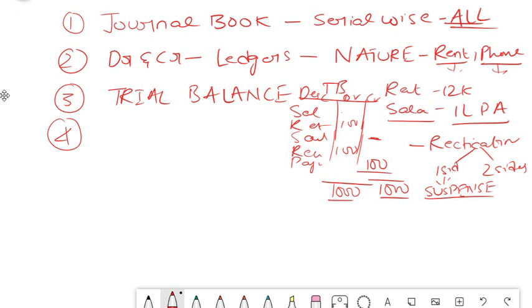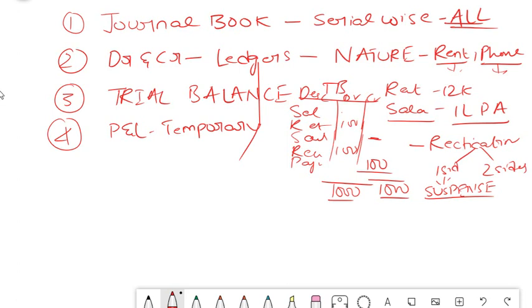So here you should understand one thing: generally, whenever we prepare the final accounts, all the P&L balances that come into your trial balance are temporary. Okay, in general what happens is all the P&L temporary balances are knocked off. How is it knocked off? It goes into your balance sheet.